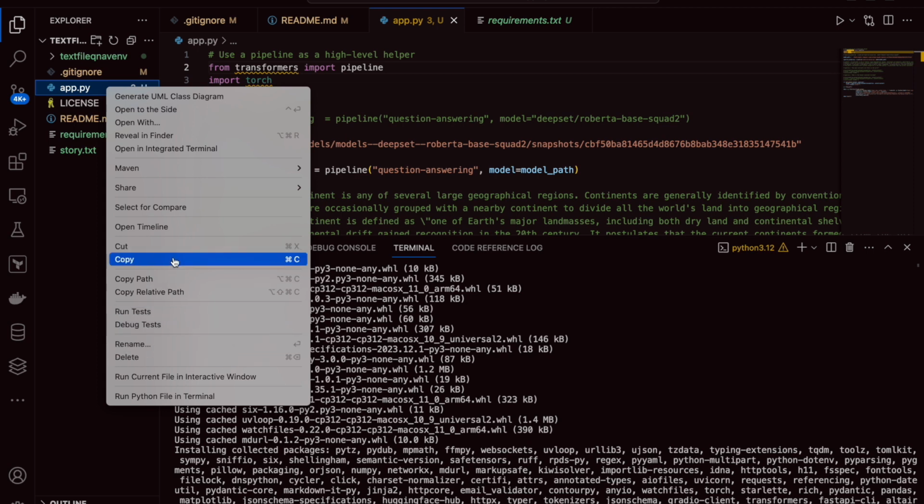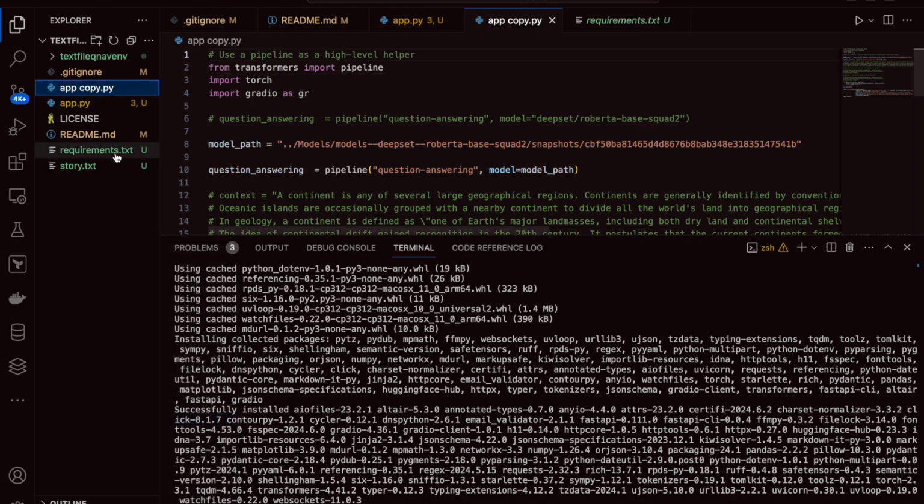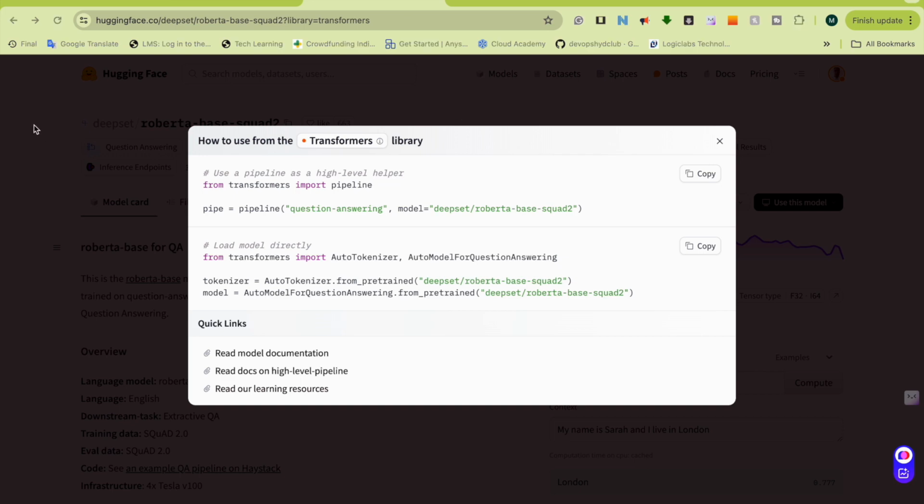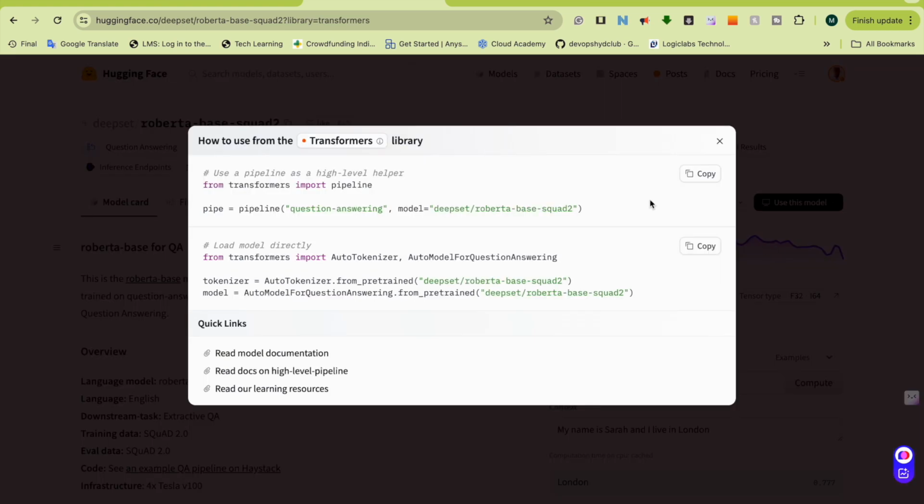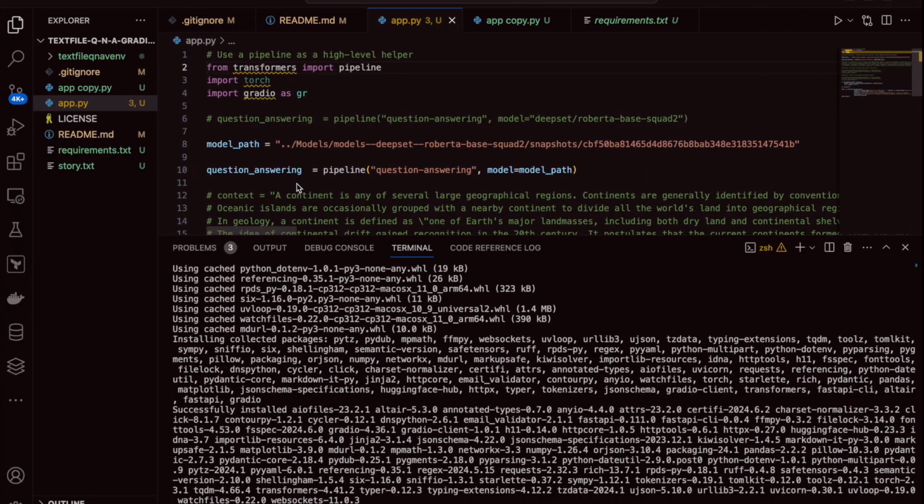So copy and then paste. Okay, this is done. Now in our model, I have to download my model. For downloading my model, I am checking this transformer code, closing, and I'm going to my code,